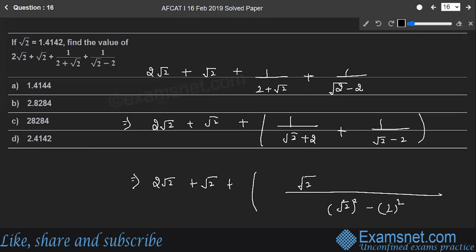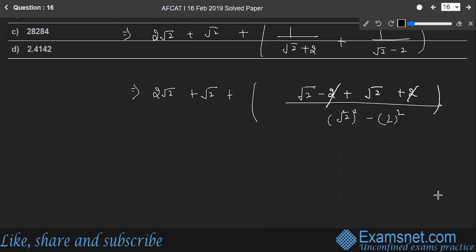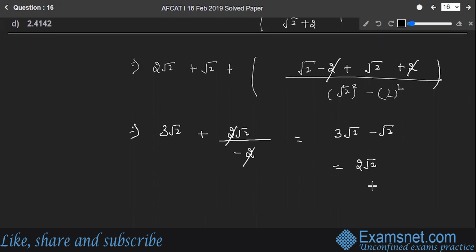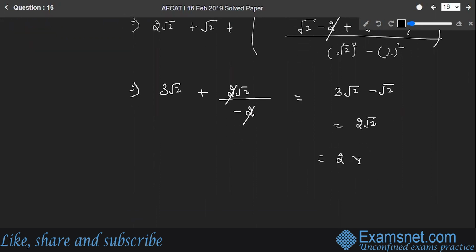And here you have root 2 minus 2 plus root 2 plus 2. They will cancel out. And over here you will have, this is 3 root 2 plus 2 root 2, and this is 2 minus 4, which gives you minus 2. They will cancel out and you will have 3 root 2 minus root 2, which gives you 2 root 2. Now it is very easy. Just fill in what is 2 root 2. This is equal to